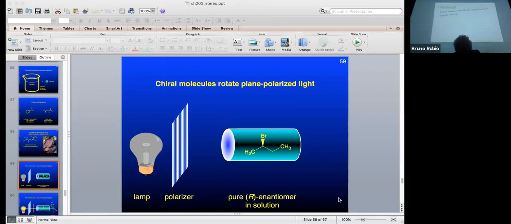Okay, so in this optical activity experiment, the instrument that is used is called a polarimeter, and here's a schematic of a polarimeter. So you have a lamp, and you have a polarizer, and then you have a sample tube. This is usually a solution in which a chiral molecule is dissolved. Okay, so now you turn on the light,